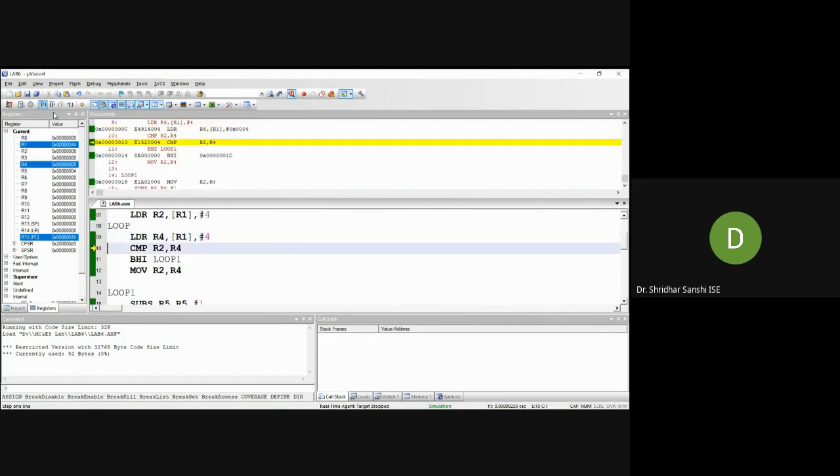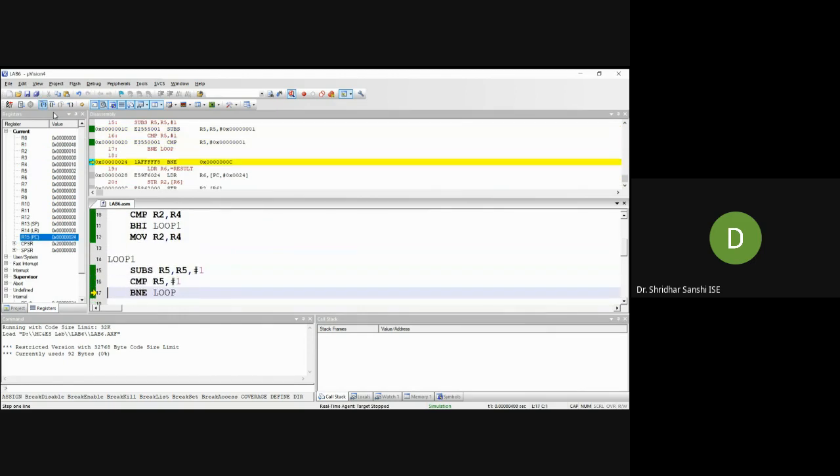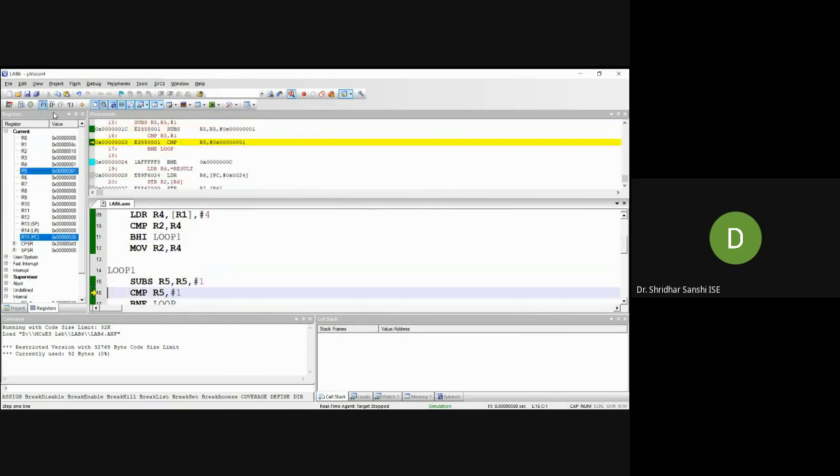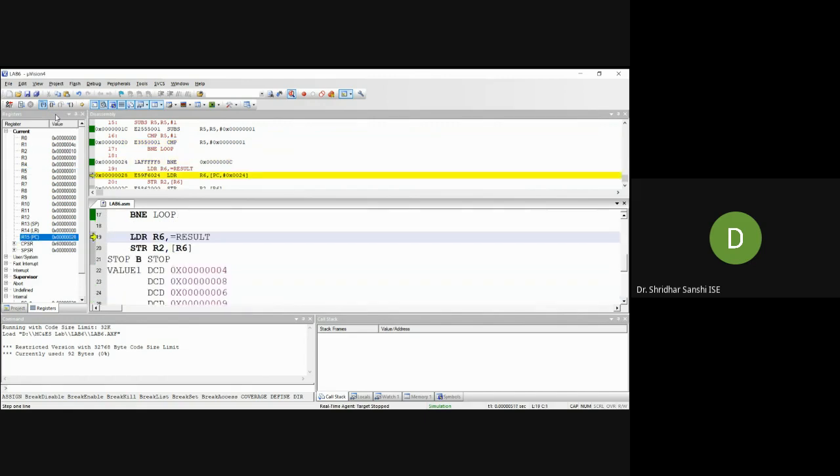This will continue until the value becomes 1. Now you can see that the value becomes 1, so it is equal, and it has to store the value in the result.